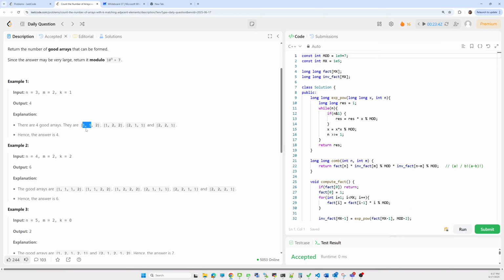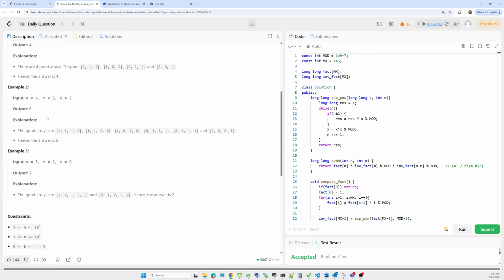This one is a good array because it has one matching adjacent pair. This one is also good, because there is one index satisfying the condition. This one also has only one such index. So we can form four such arrays.